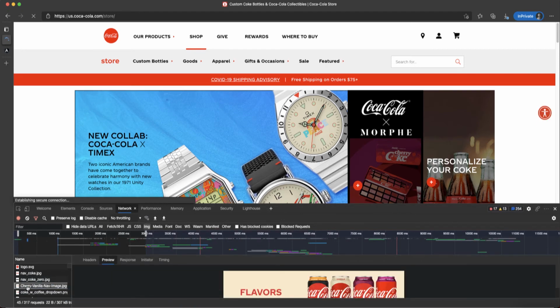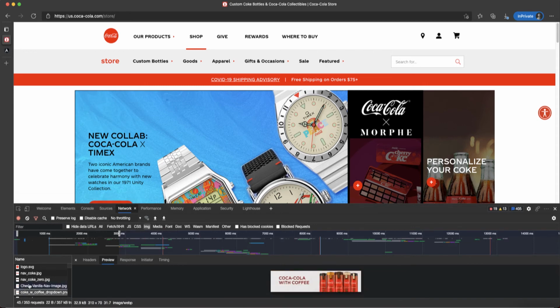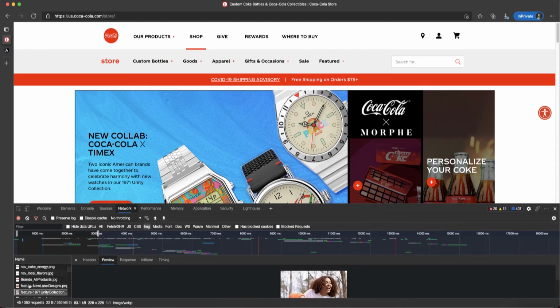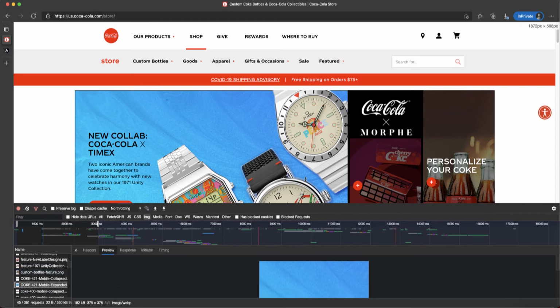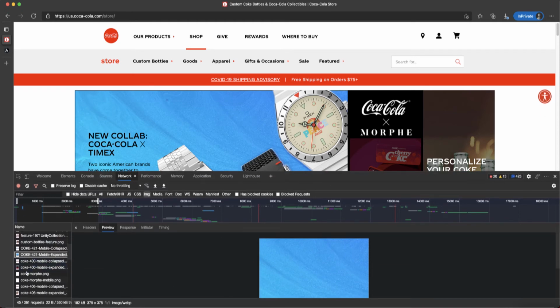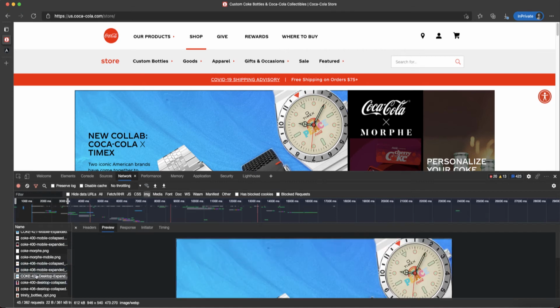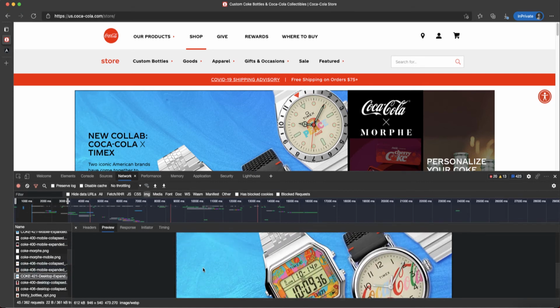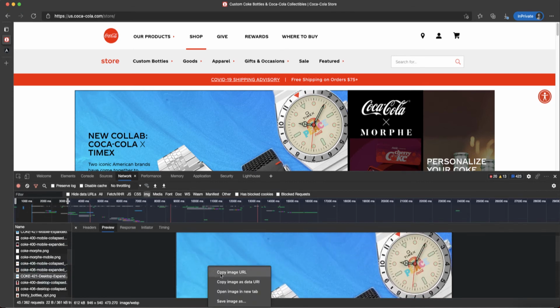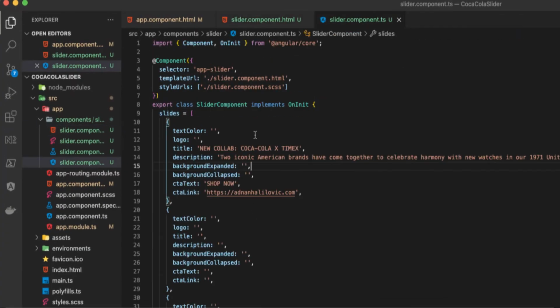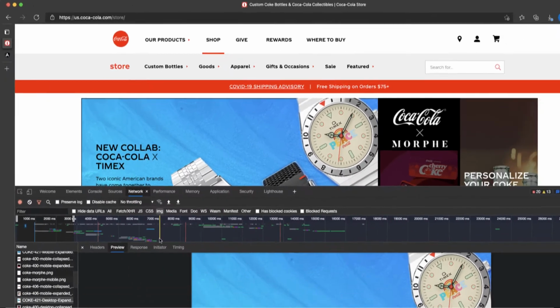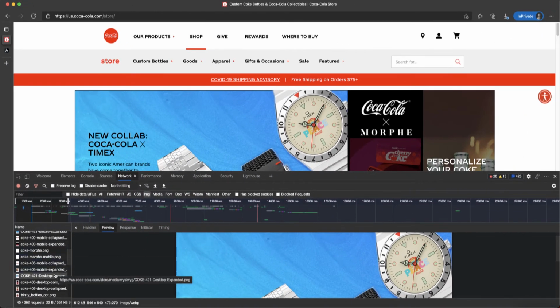Now we just have to check which image is the one we are looking for. Okay, this is mobile, and now we are looking for desktop version. Okay, this is desktop expanded, and now we just copy image URL here and paste it here. So background expanded and background collapsed. We need to find the same one for